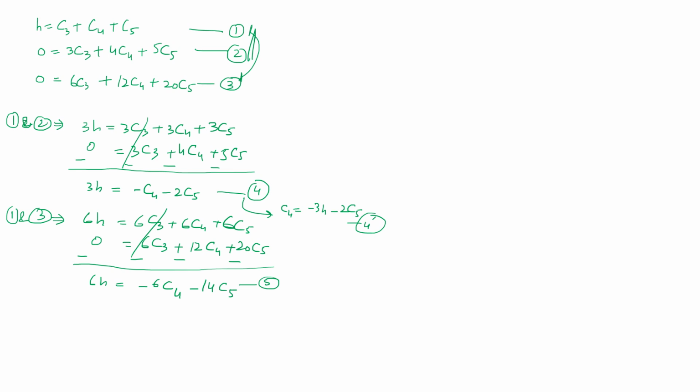So in this particular scenario, you are going to plug in the value of c4 from 4 prime. So plug 4 prime in 5, you would find out the expression for that. So this would be something like 6h is equal to minus 6c4, and c4 is actually 4 prime, so I can write down like minus 3h minus 2c5 in it,